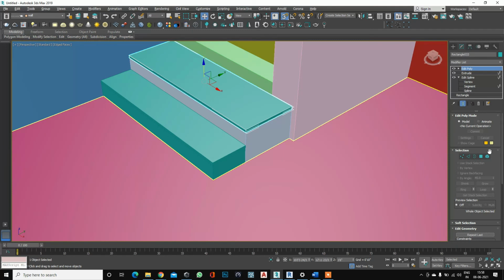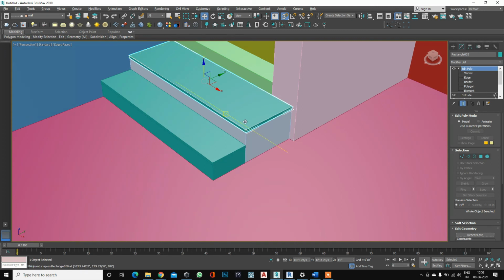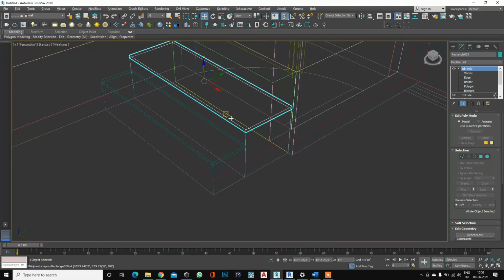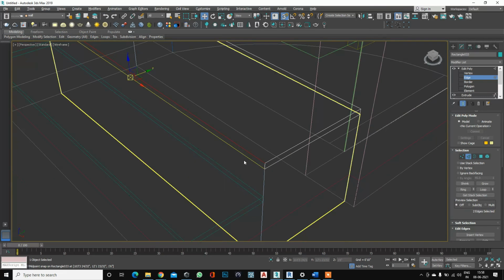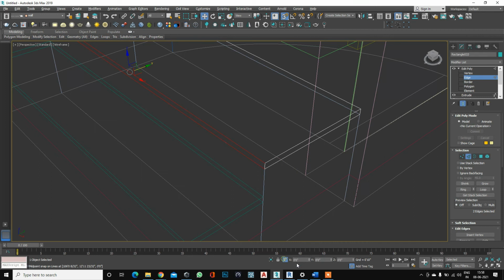In Edit Poly you can find so many options. So go into Edit Poly. First, always work in the wireframe. Go to wireframe. Now we need to smooth these two surfaces. This is the one and this is the two. I need to smooth these two surfaces. So I can select edges and then, pressing Ctrl, select one and select two. Now you can see the gizmo always gives you the direction. This is our y, z, this is our y, and this is our x. But we need to give some offset in the y direction. So here I can also change it.